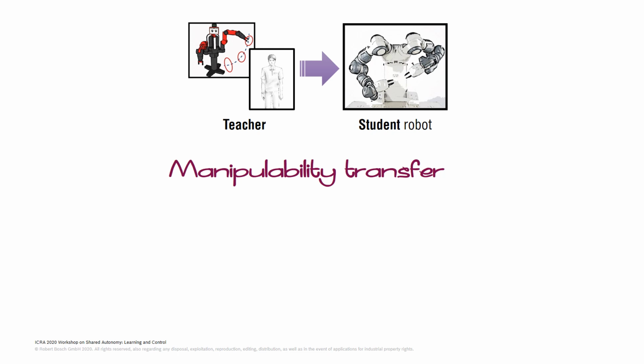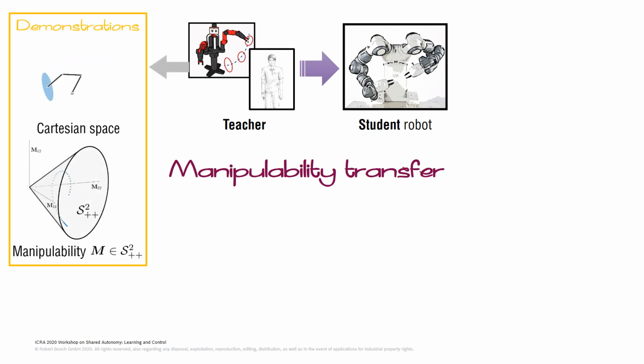So the idea is that we're going to collect a set of demonstrations from a teacher. This teacher can be a robot, it can be a human, and these demonstrations basically consist of a series of manipulability ellipsoids recorded over time. Important to note here is the fact that these manipulability ellipsoids belong to a specific space, the space of symmetric positive definite matrices, which can also be viewed as a